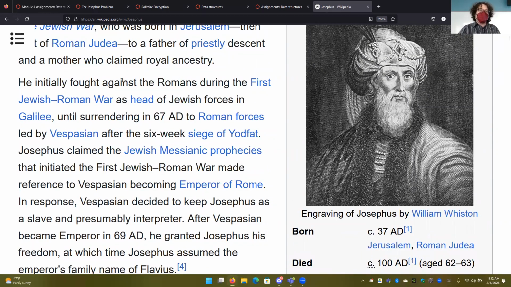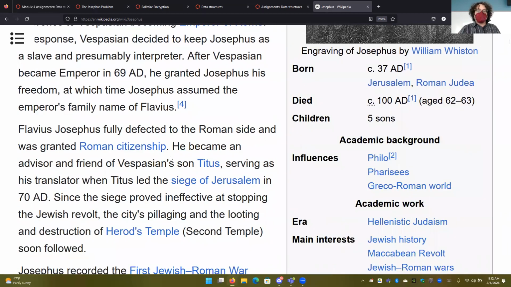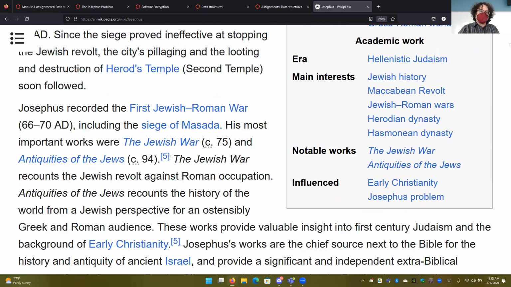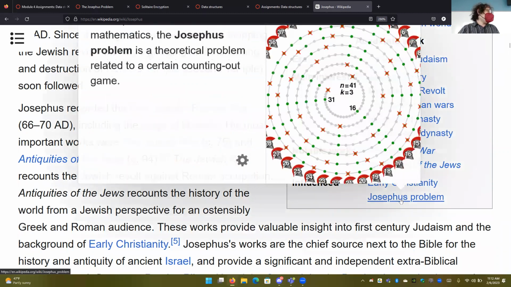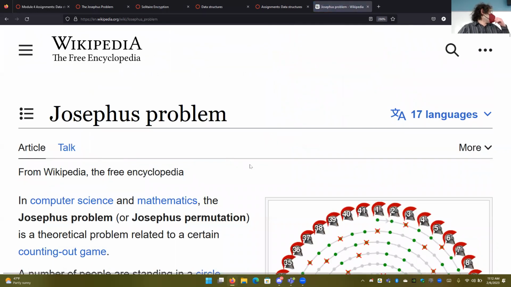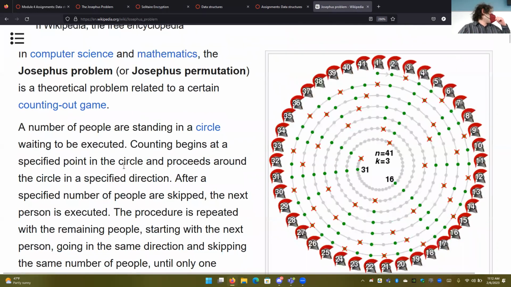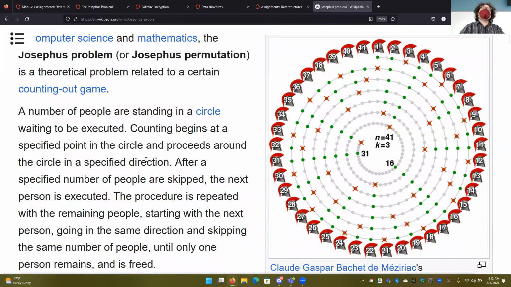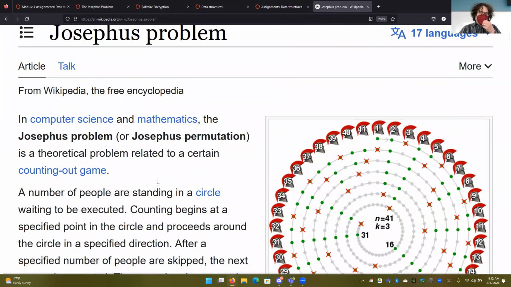Now, the problem he's named for is less well known in historical circles, but way more known in mathematical circles. So the idea here is, and forgive me, this is a bit of a morbid problem. I do mean morbid. So just be aware of that, okay? So what happened during the siege was that